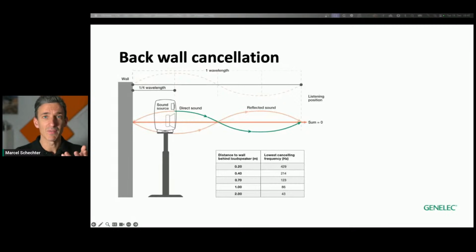If you placed some kind of absorber on this back wall, it would never be effective for the bass. For the bass, it would have to be more than 1, 2, 3 meters thick. Panels like this with 10 centimeters don't do anything below usually 300 or 400 hertz. So the best way to deal with that is to bring the speaker close to the wall,